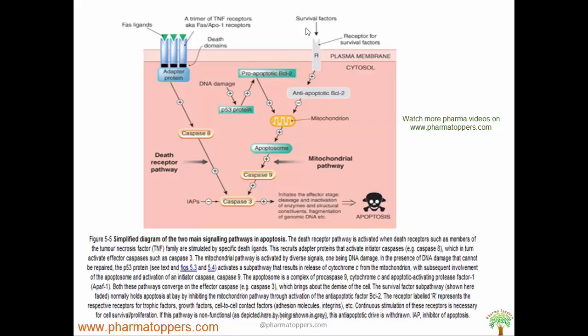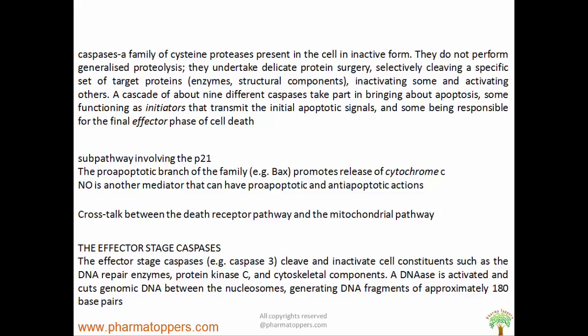If this pathway is non-functional, this anti-apoptotic drive is withdrawn, and thus the inhibitor of apoptosis, which is used as an inhibitor for caspase 3 and thus prevents apoptosis, is lost. Caspases belong to a family of cysteine proteases present in the cell in the inactive form. They do not perform generalized proteolysis. They undertake delicate protein surgery, selectively cleaving a specific set of target proteins like enzymes and structural components, inactivating some